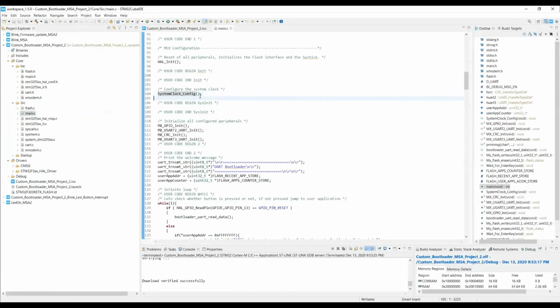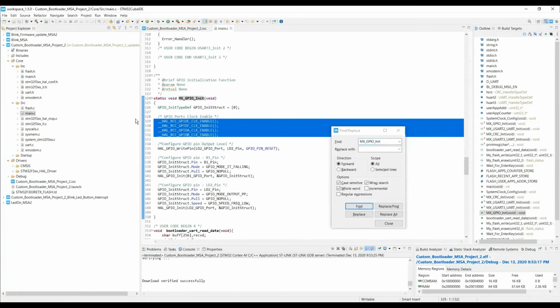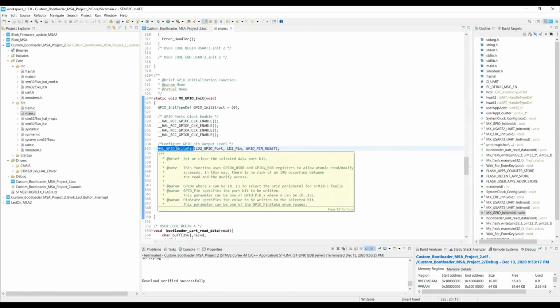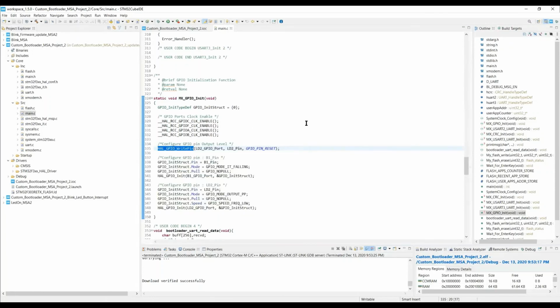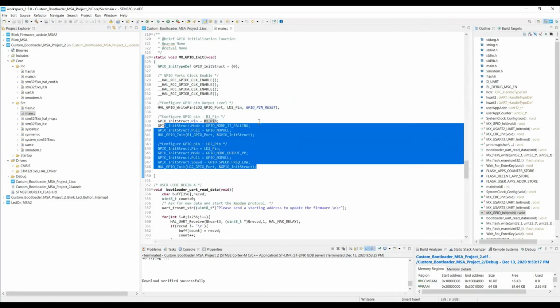Once we initialize all our clocks, then we do the GPIO init. If you go into this function GPIO init, you could see that we are enabling the clock for the particular peripheral, and next we are writing whatever data we want to write. We will be able to write using this GPIO write pin API. These are some of the configurations that we need to do. We need to set up the mode, the interrupt mode. B1 stands for the button pin, and the LED pin and all this.